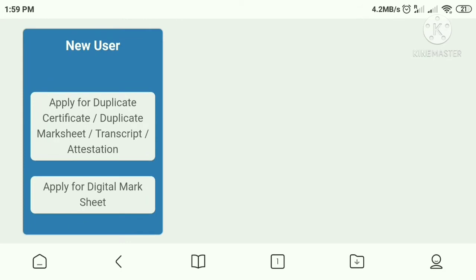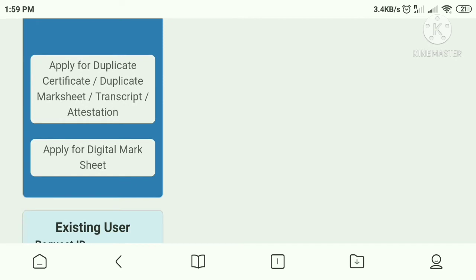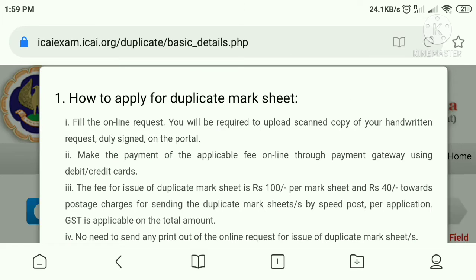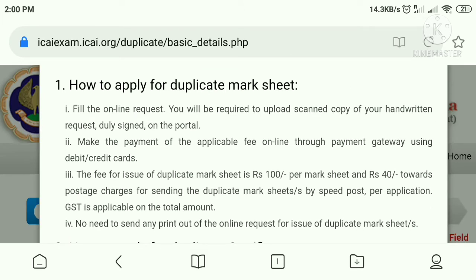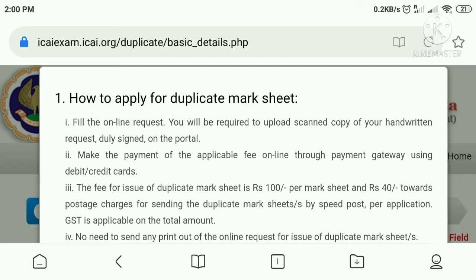You can see your status by clicking on the existing user. But if you are new here, then if you want to apply for the duplicate certificate marksheet, then click on the new user. So when you click on that new user section, you will get this information.